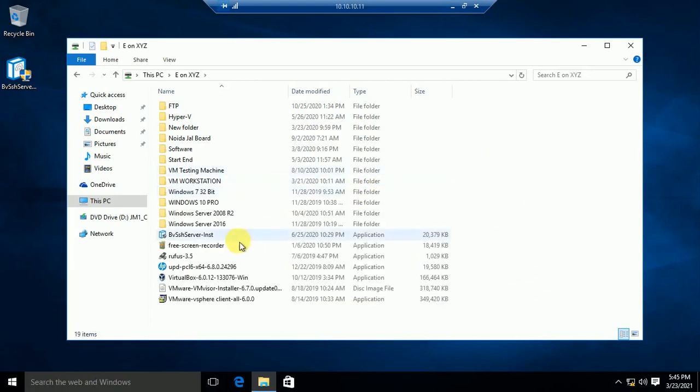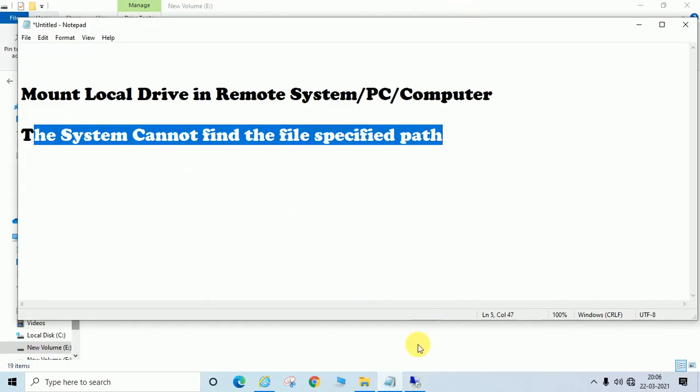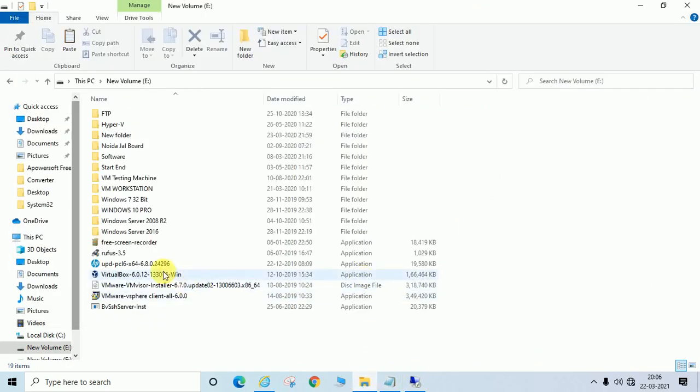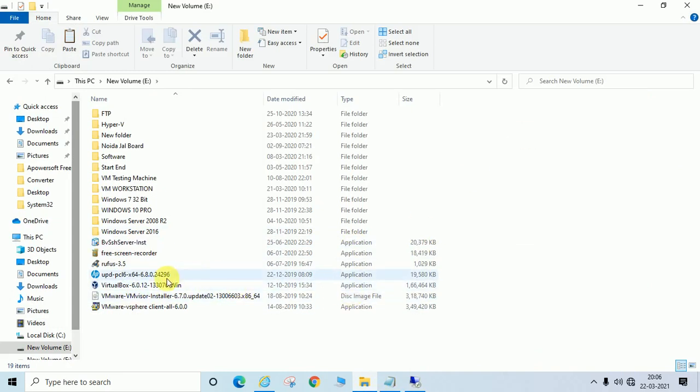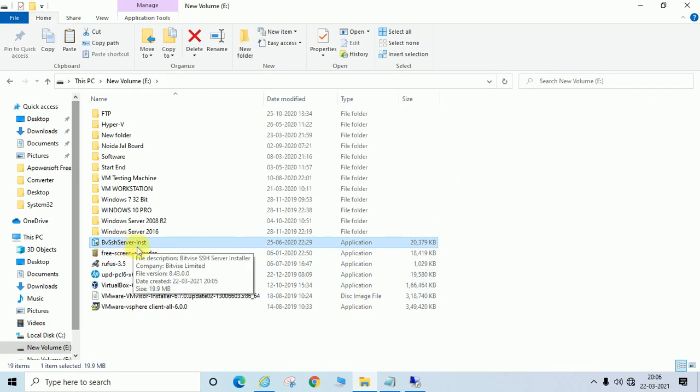And you can see here the same file is copied, and in the same way you can check in the local drive also. Just refresh, and you can see the same file, the same VVSS server INST, same file is copied now.